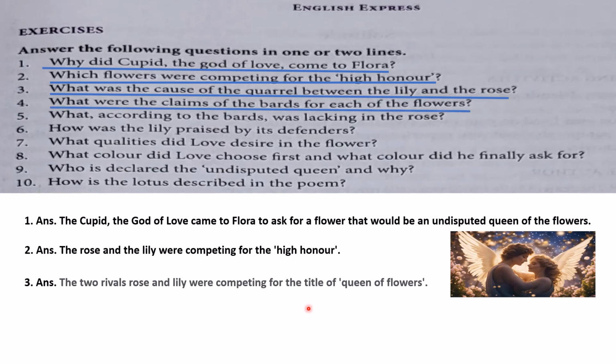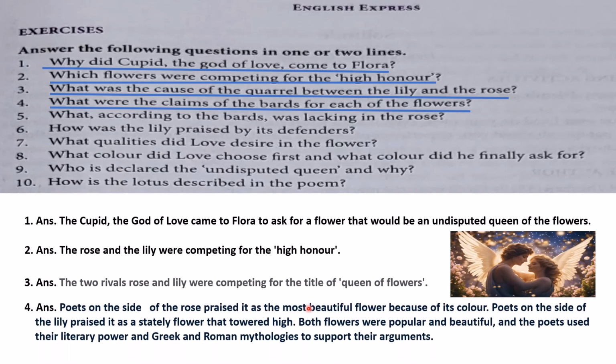Then the fourth question, what were the claims of the bards for each of the flowers? What did the poets claim for each of the flowers? The poets on the side of the rose praised it as the most beautiful flower because of its color, and the poets on the side of the lily praised it as a stately flower that towered high. Both flowers were popular and beautiful, and the poets used their literary power and Greek and Roman mythologies to support